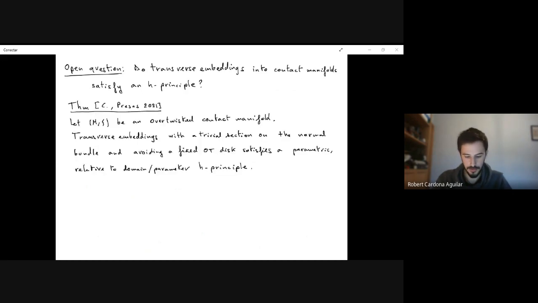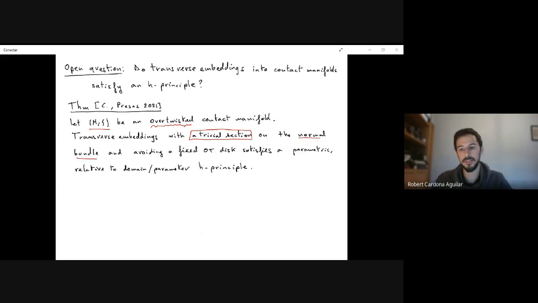And so what we proved with Fran is, let's say, that in some cases there is an h-principle. So let's say that your manifold is over-twisted. As I was saying, it's one of those two big classes of contact manifolds. This is the flexible class, so it's not surprising that in this case you can say something more. And then you need to ask for a formal condition, which is this one. If you give me an embedding which is formally transverse and admits a trivial section on the normal bundle,